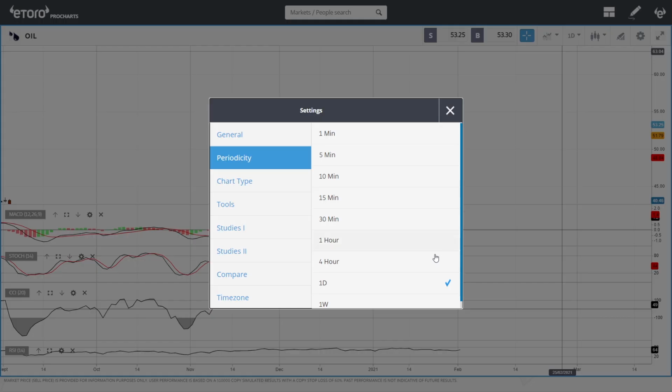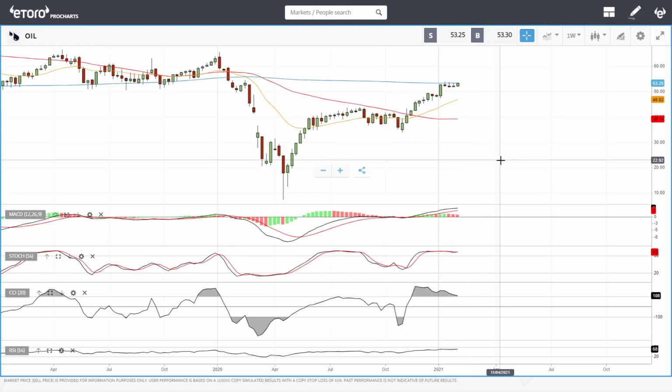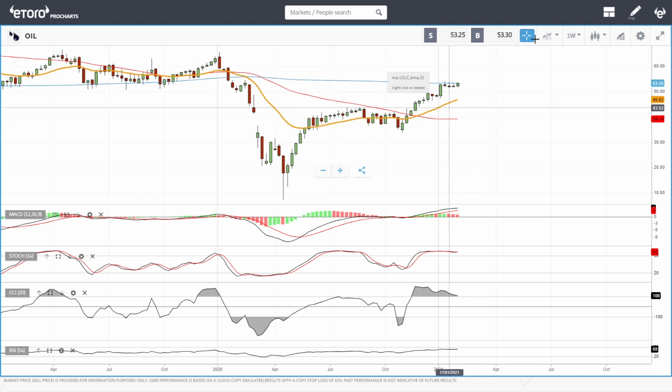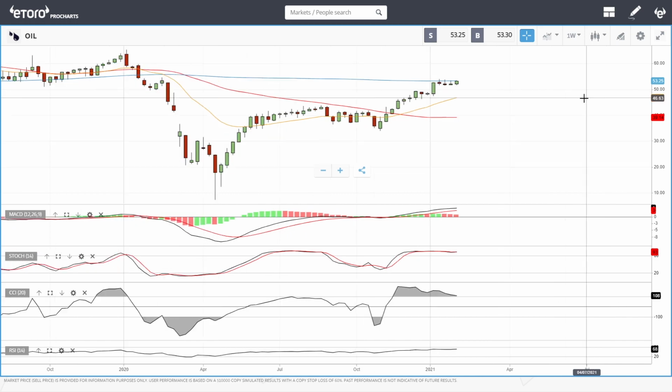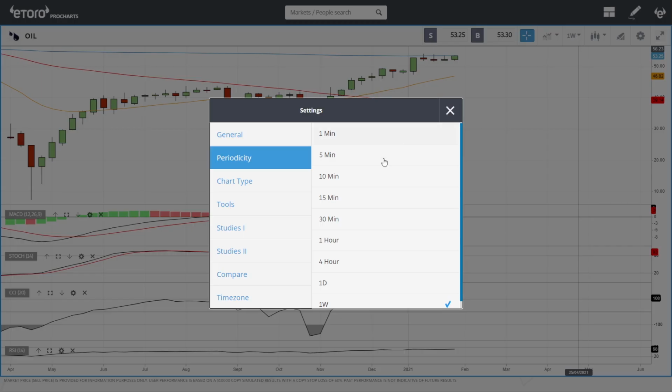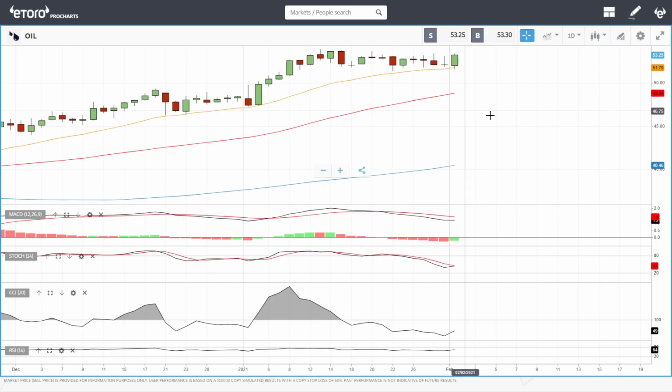I can also look at the weekly chart. We can see that we are running into the 200 moving average, and we need to break the 200 moving average to go higher. If you manage to do that, then 55, probably 60 is also possible from here. But a breakdown from here could open the door all the way down to the 20 exponential moving average, and that is very, very far down. But I don't think that is going to happen anytime soon.